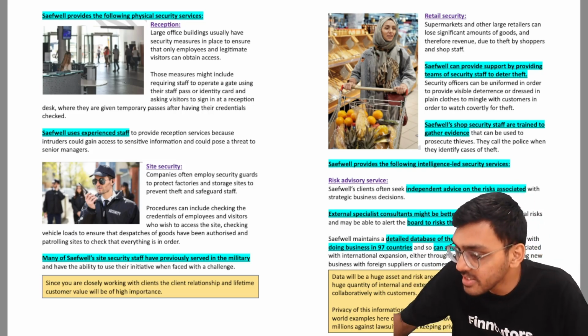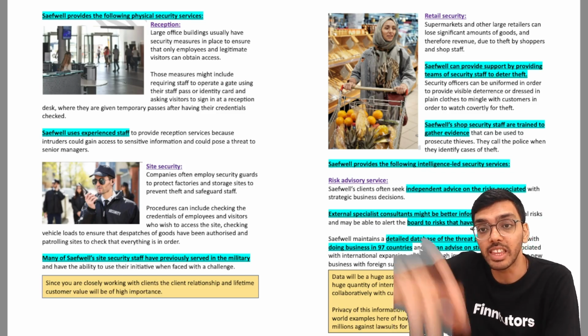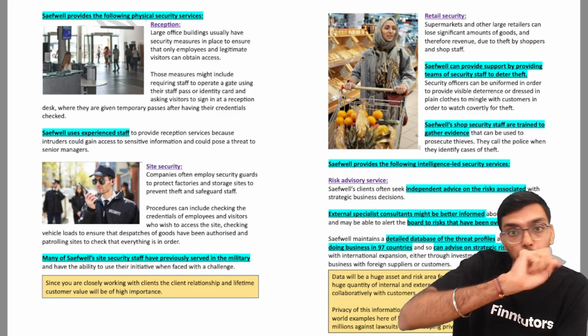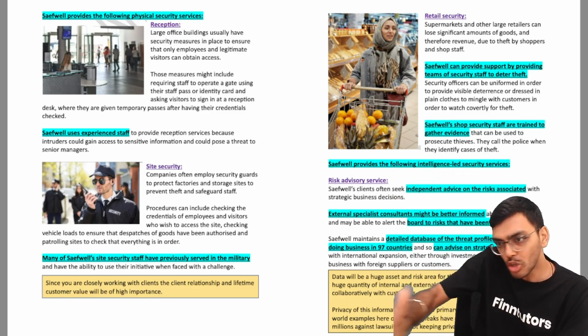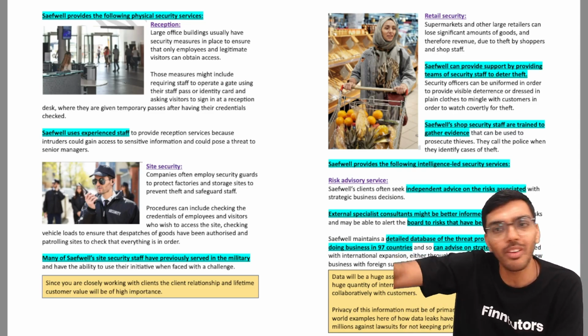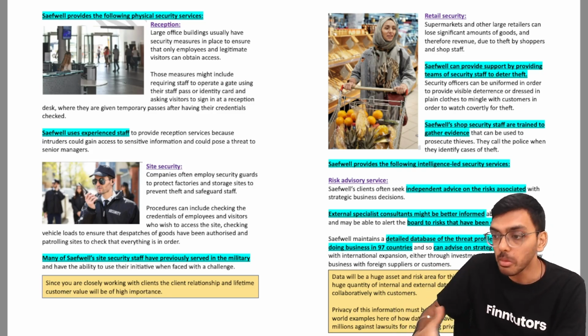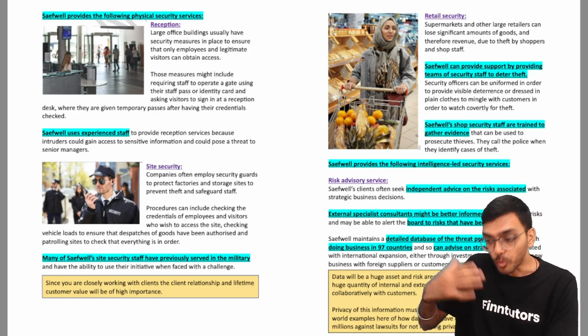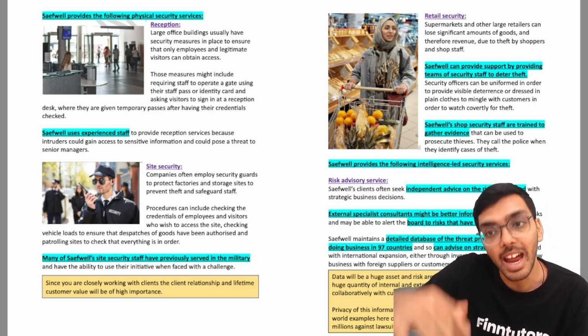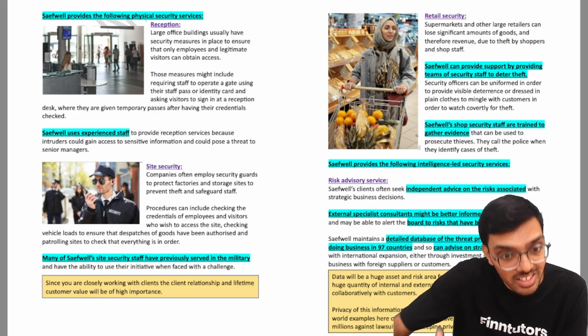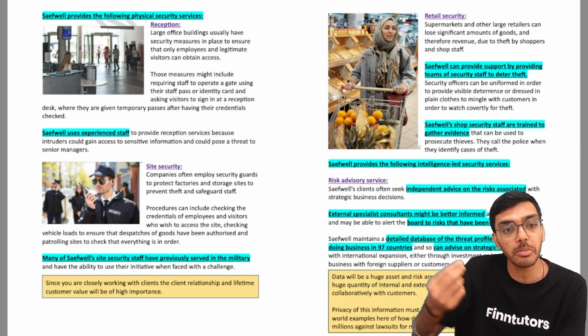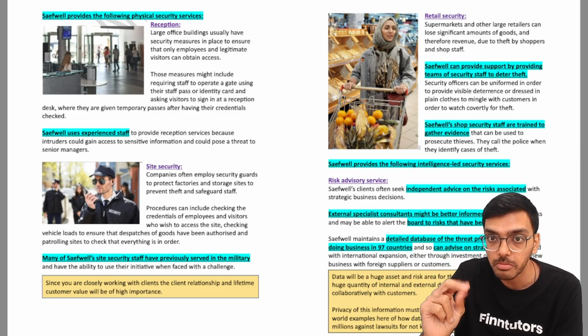Because if the client gets this service from somebody else and then realizes that that company is also providing site security, so let me just go with that company, it is providing me everything. Why am I going with Saefwell? So providing more, which is within your remit and which you can easily provide, to increase the lifetime customer value is important.